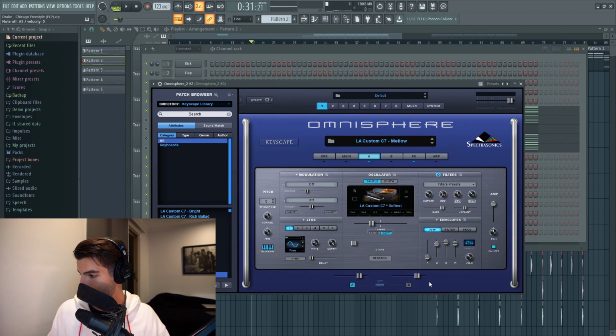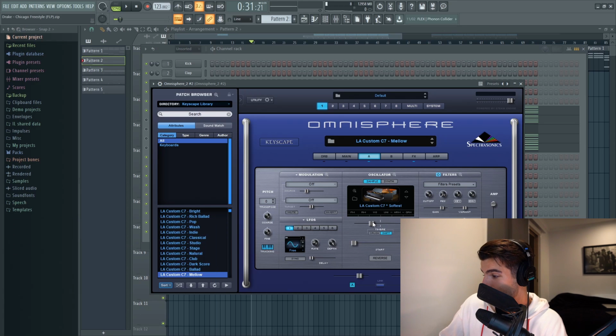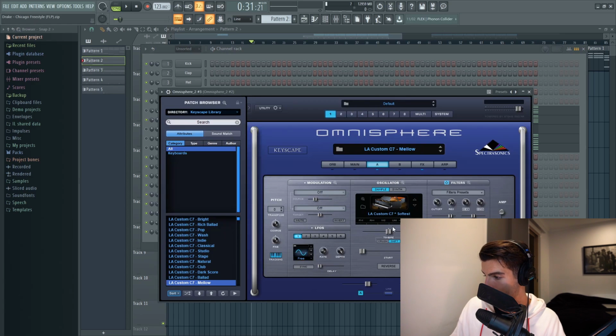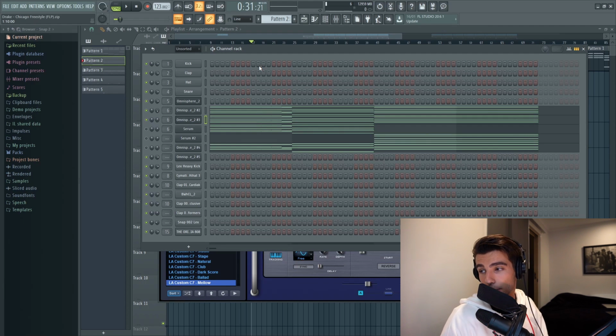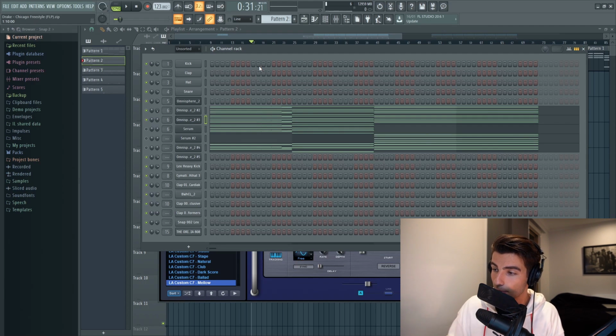So instead of it sounding like this, it sounds like this. Also on this piano, I'm bringing down the timbre. Then I'm duplicating this preset and I'm bringing up the timbre again to 0.5. So with the same preset playing twice, once with the timbre being brought down, it creates a more complicated, more nuanced sound, and the kind of sound that we're after in recreating this song.